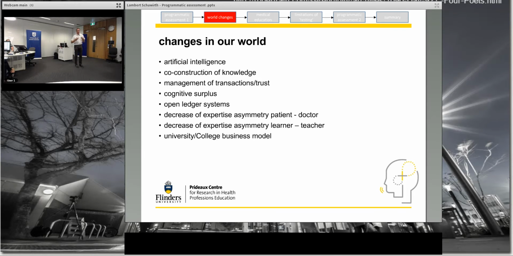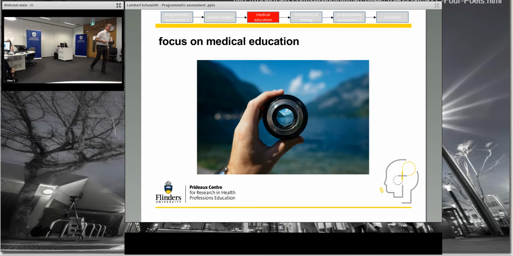Open ledger systems, blockchain and stuff: we are gradually developing ways of having automatically authenticated ledger systems or information systems, whereas we as universities are still relying on producing a piece of paper with some numbers and some signs and signatures and some pixie dust saying that you're now competent. Open ledgers and related processes could actually allow a future employer to interrogate the whole learning journey rather than relying on a piece of paper. So that has led to the question whether the current university business model